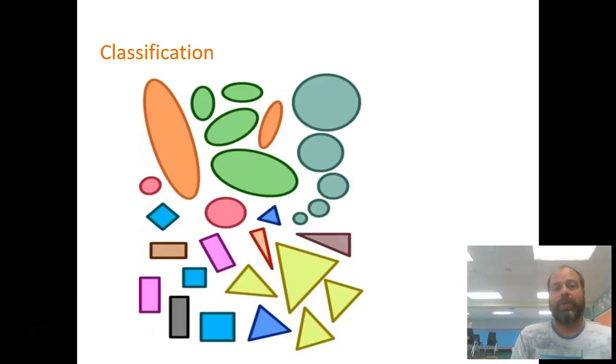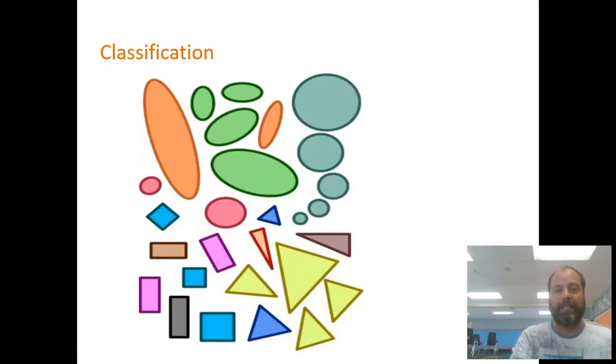Okay, the next two things that scientists use are classifying. Classification is grouping things that are alike. Now, if you look at this picture, there are several ways you can classify these objects. Some people might like to classify them based on color. All the blue ones or the light blue ones are together. Some people may, no, I'm not going to classify them by color. I'm going to classify them by shape. All the ones with 3 sides, the triangles, I'm going to put together. Even though they might not be the same color, they still classified them, or grouped them, based on a particular characteristic. So that's another way scientists